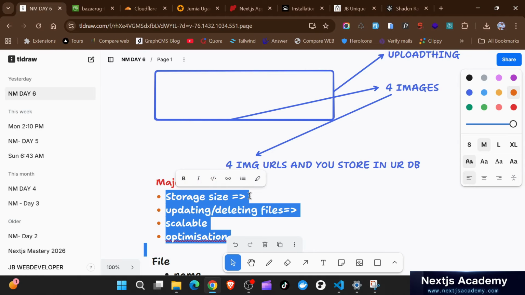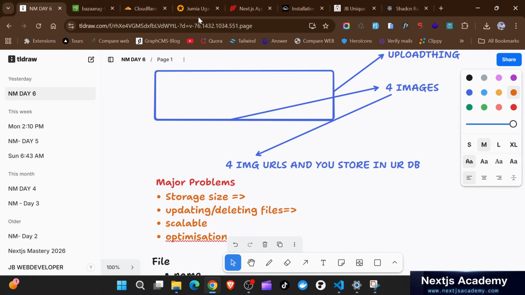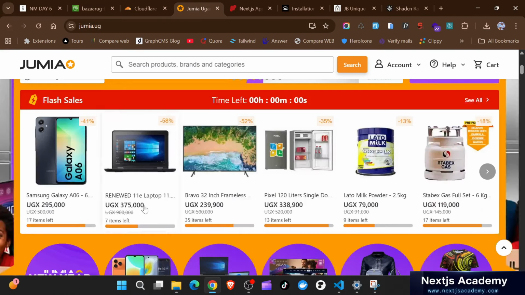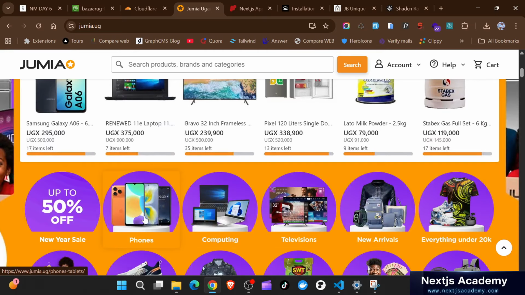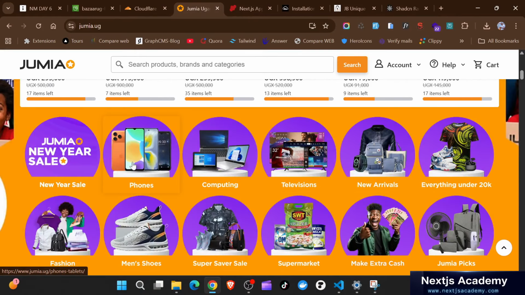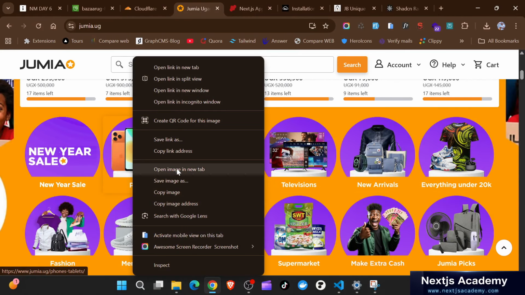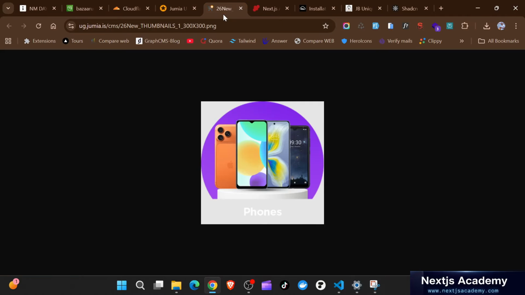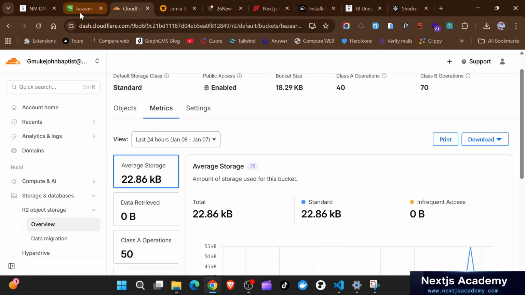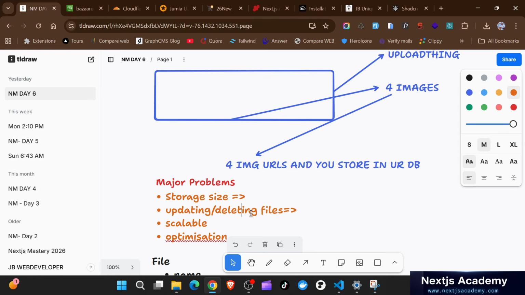The second problem is updating or deleting files. So as with Jumia, they keep on designing new products, and you see these categories, these images have changed. This is a new image. That means that they updated the old image that was there to this one. So when you update, you need to be able to delete these files from the provider,